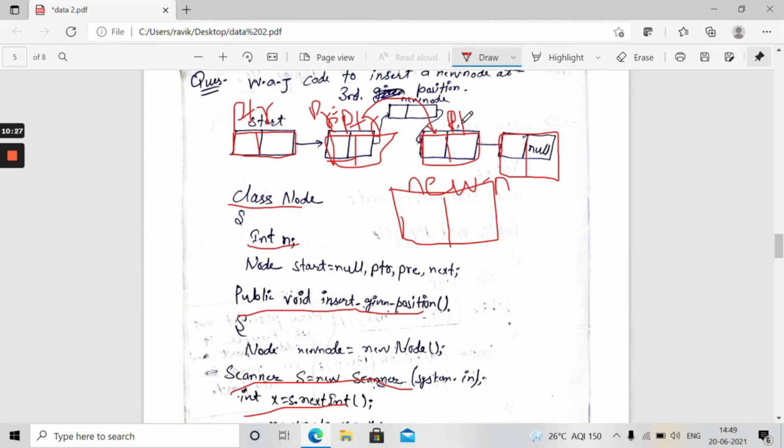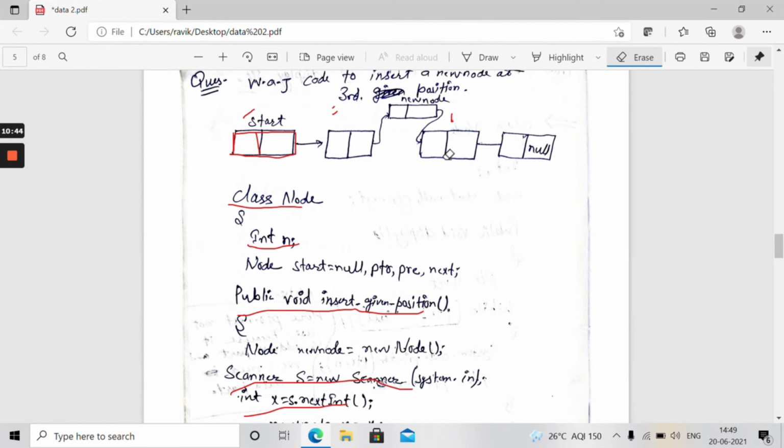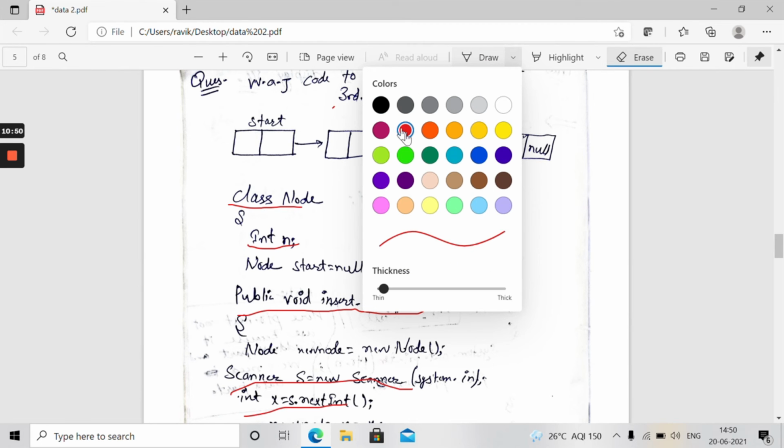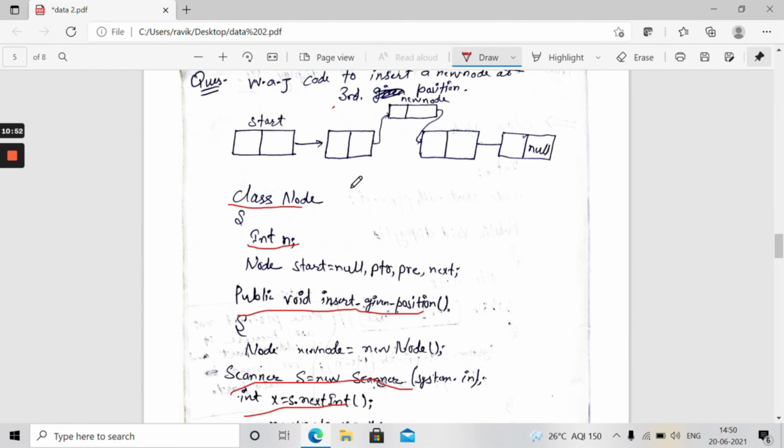Now you can see guys, the name of this node is pre. You can just remove ptr. The name of this node is pre and this is ptr. Let me draw clearly. I will help you understand in a better way. Yeah, you can see guys, the situation now is like that.